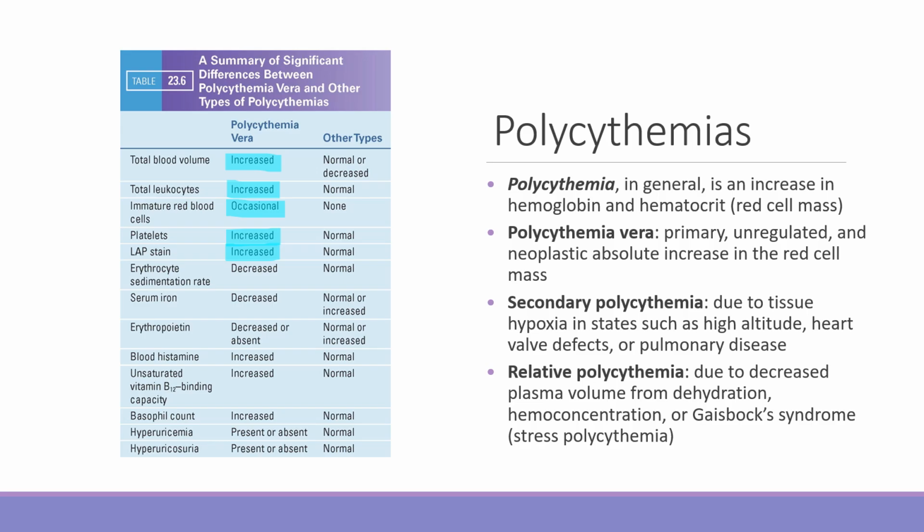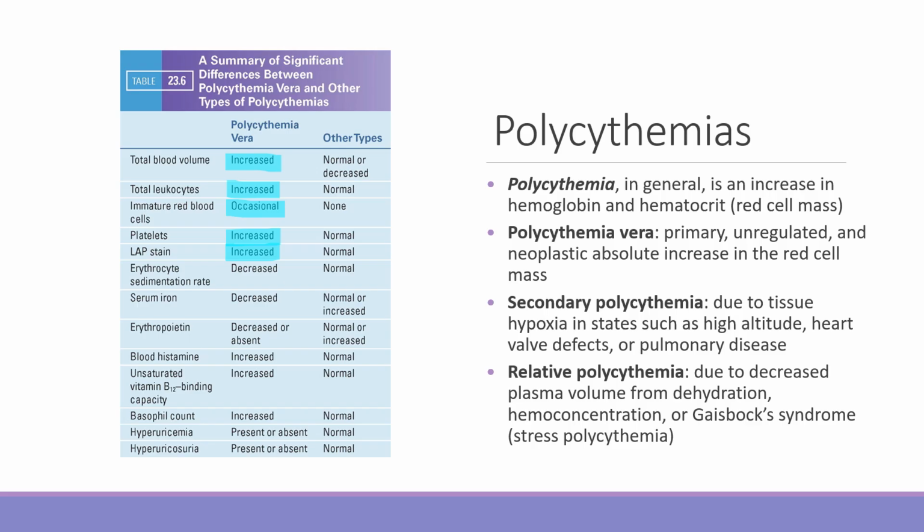Erythrocyte sedimentation rate, or what we call the sed rate, will be decreased in polycythemia vera and normal in other polycythemias. The reason for that is the elevated red blood cells. So we measure sed rates as red cells